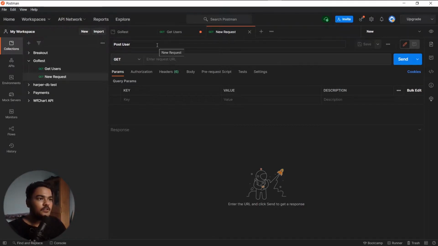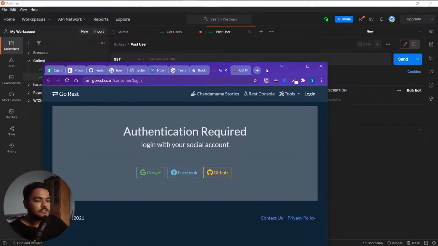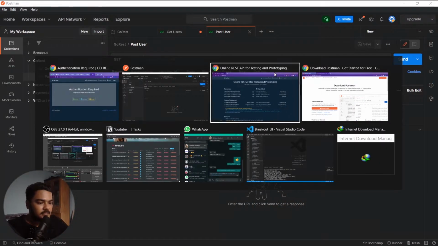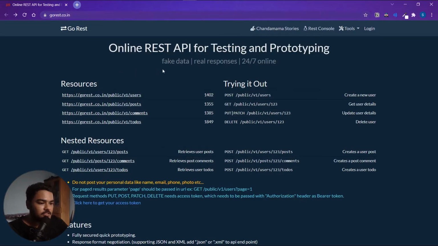If you don't know, anyone can get things, right? But to post things you need to be a user, and how the server will know you are a user is by looking at a token that you receive every time you log into the app. So first what I will do here is go to this Go REST, and here